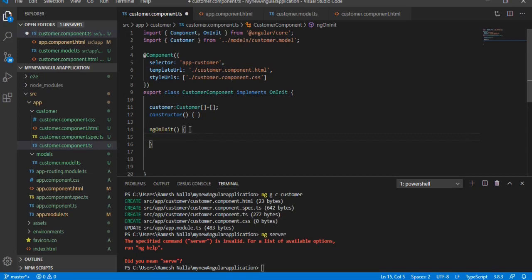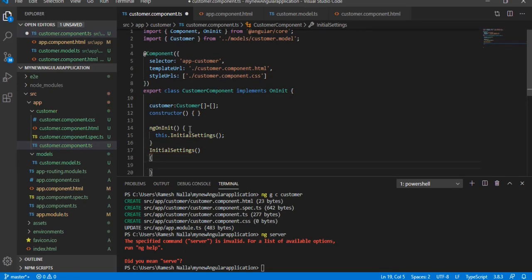In ngOnInit, I am going to create a method called initial settings. I'm calling one method, this.initialSettings, okay. Initial settings.